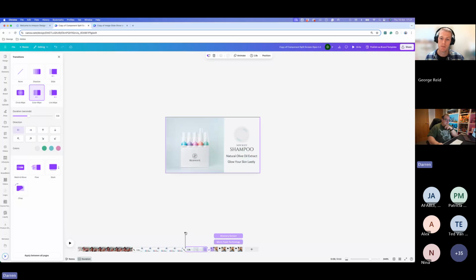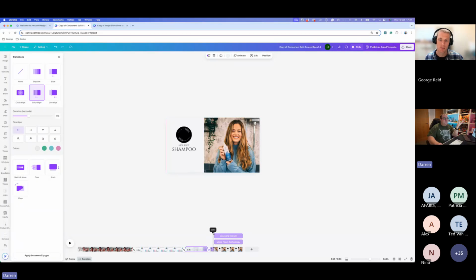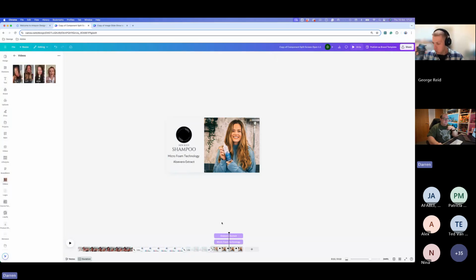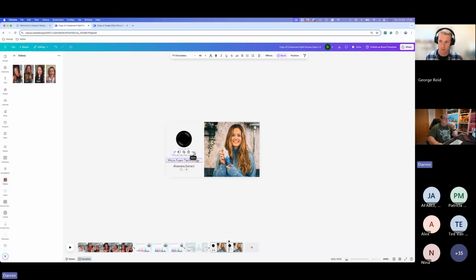Now the other option that you'll see is when it comes to timing. If we've got this that comes over, you see the transition happens. Now what we want is to have this text then come on after that transition has happened. If you don't automatically see this, the way that you would see it is you'd click on the actual text, click on the three dots, and you'd have show timing. If I click hide timing, because I've been playing about with it, it was already showing the timing. So you click on the actual text, click on the three dots, and then you click show timing.